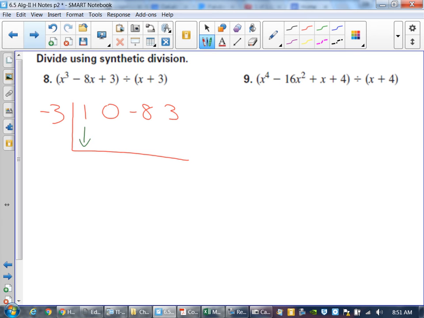Bring down the 1. Negative 3 times positive 1 is negative 3. 0 plus negative 3 is negative 3. Negative 3 times negative 3 is 9. Negative 8 and 9 is 1. Negative 3 plus 1... is 0. Which means you have